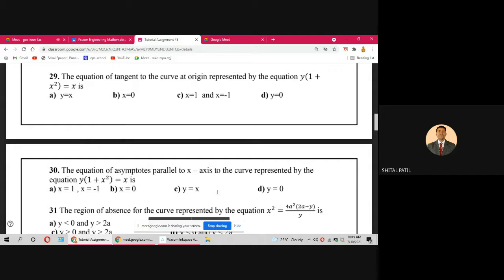Okay. So done. Highest degree term in x. Write a bit faster. Done. Highest degree term in x. X square y. Okay. What is the coefficient of x square? Not the coefficient of y, coefficient of x square. We are considering highest degree term in x, so its coefficient, that is coefficient of x square, that is y. Y equal to 0. So asymptote is y equal to 0.